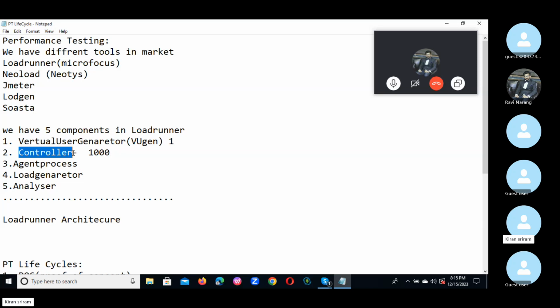Okay, so all those things we can do from the controller. That is why the controller is nothing but executing from the multiple-user point of view. As per our application, based on the application's capacity, we can execute with the number of users in the controller. Then the analyzer. The analyzer is nothing but, once your execution is completed here,